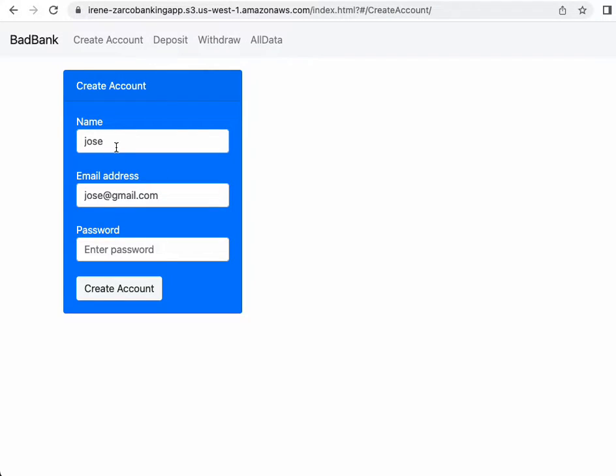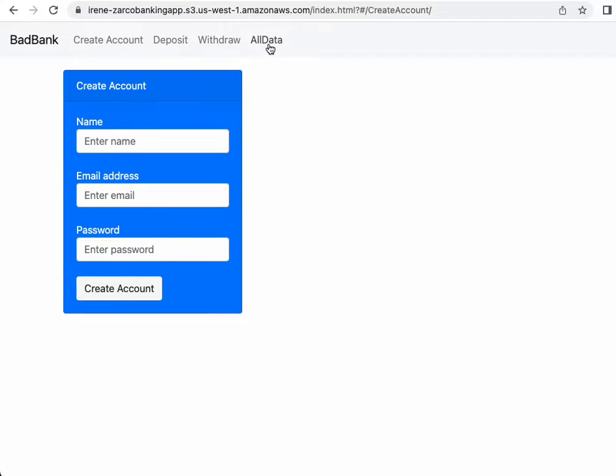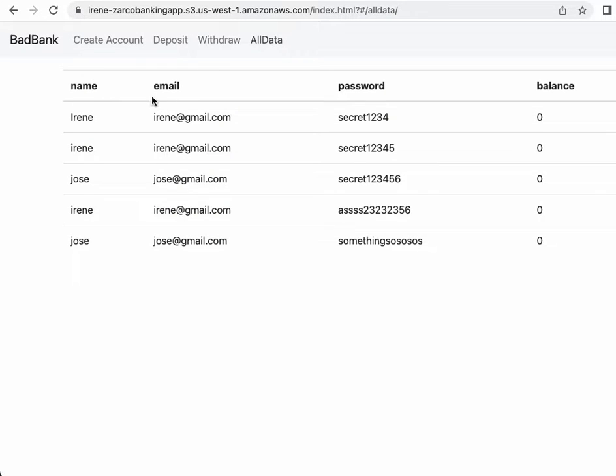And now if something happens and I don't have the name, I get missing name. Or if I don't have the email, I get the error, missing email. Password. Something. Create account. Now if I go to all data, I can see here all the accounts that have been